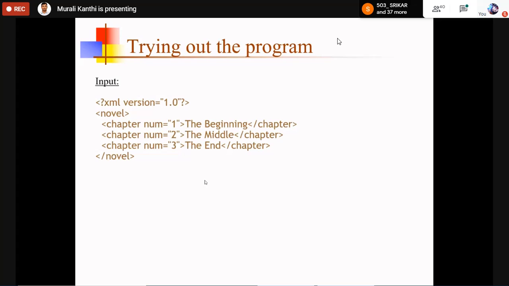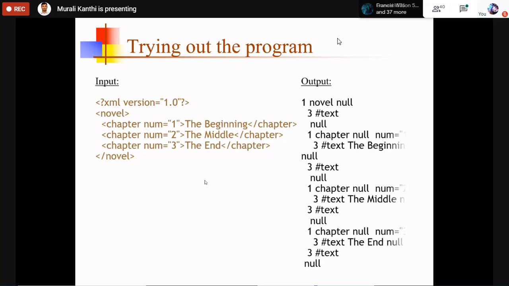Okay, this is another XML document, a novel. The root element is novel. Then chapter elements are the siblings, child nodes of novel: chapter number equal to 1, chapter number equal to 2. These are all siblings.